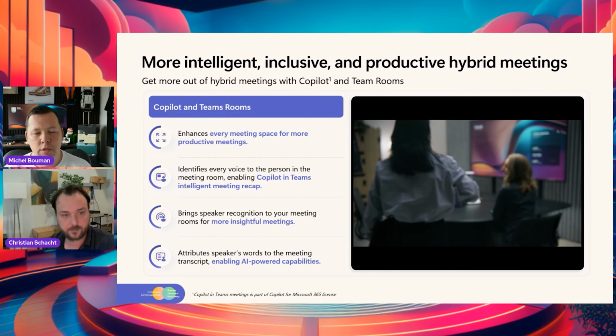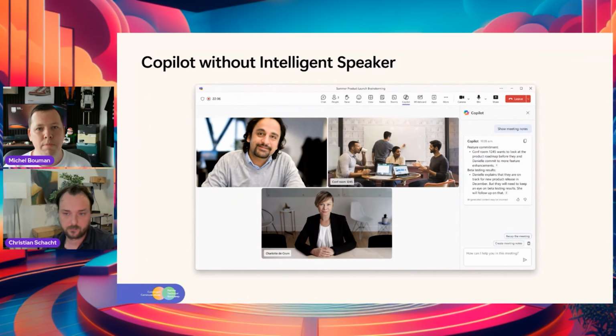Let's start with, we have many customers already using Copilot, but we know in 2 out of 3 meetings we'll have one virtual participant, but in many meetings we also still have people in the room, and using Copilot in the room has always been kind of difficult because you don't have an idea what's happening and who's there, right? Yeah, so as you can see here, an example, and if you click one more so that it circles it a little bit,